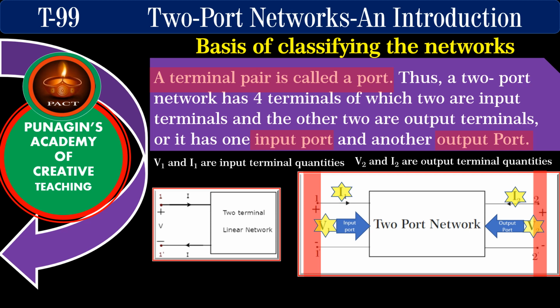Another important property of a two-port network is, if I1 enters the two-port, I1 should leave. Similarly, if I2 enters, I2 should leave the black box. And this is a constraint in representing the two-port network, and you should know. And this is the standard form of a two-port network.